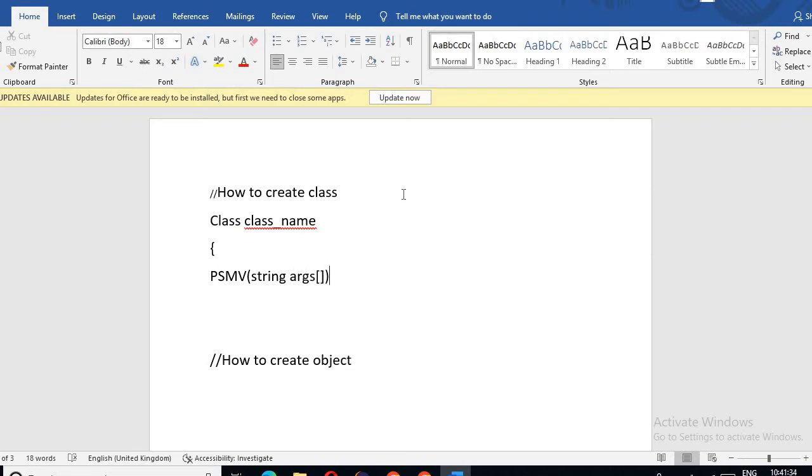Close the brackets. Then you have to write the opening braces, and inside this you have to write the fields, or we can say the methods as well as the properties of the class. Methods and the properties.